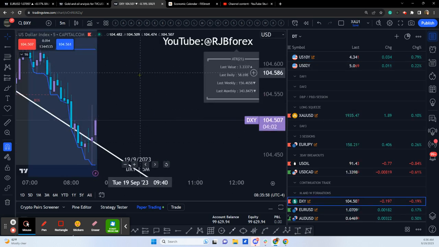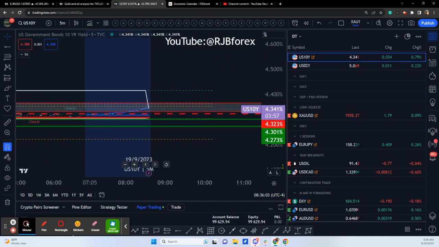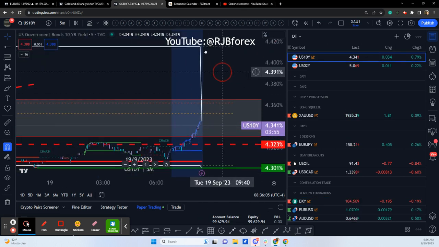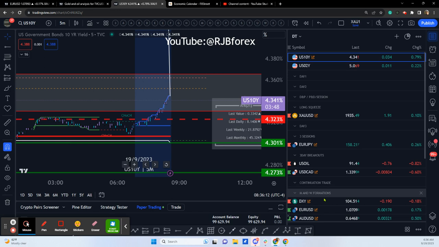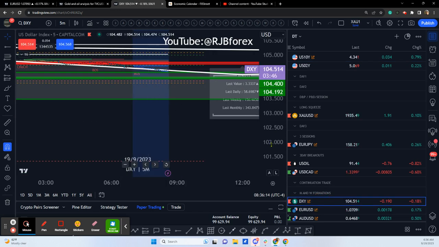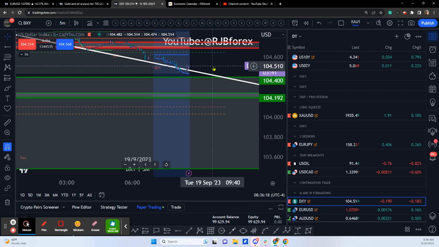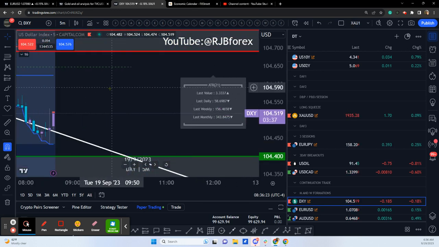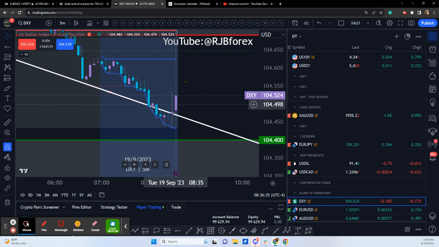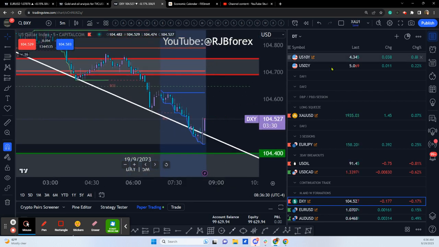So the dollar is actually playing catch up. So, you can use these yields as a lead. As I said at the beginning of the meeting, looking for the dollar to catch up with the move in yields. And we're getting that now. Okay, so dollar starting to bottom out there. Bit of a squeeze.